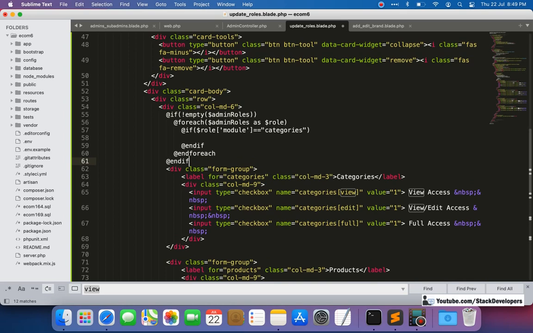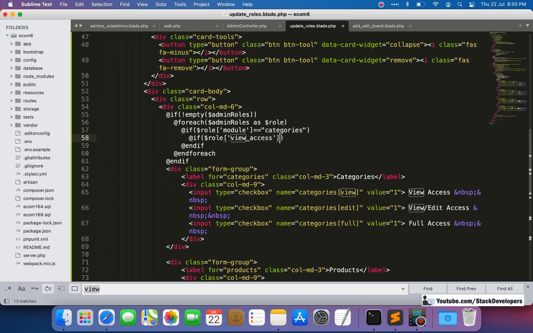Okay, so if it is categories, then first of all we are going to check the view access. If the module is categories, then we are going to check for the view access, and that also comes inside $role view access.